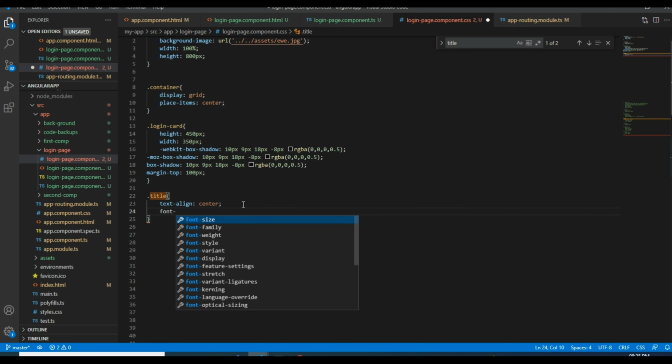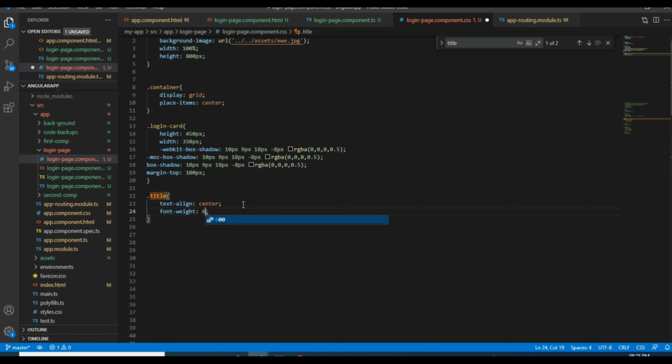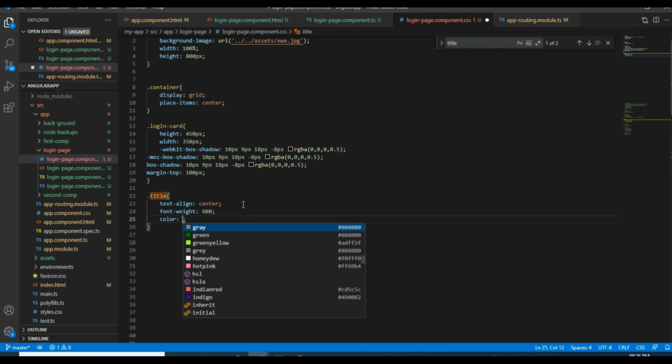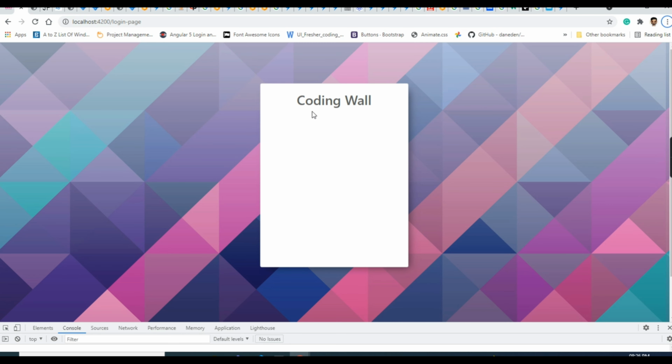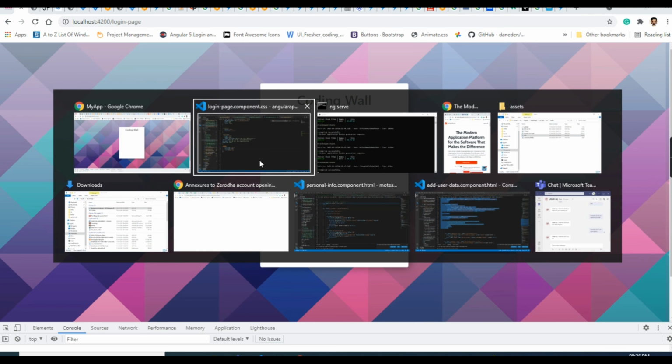Font weight of 600 is enough, and color hash 616161, I think it comes in gray color. Let us check. Okay, this is fine.